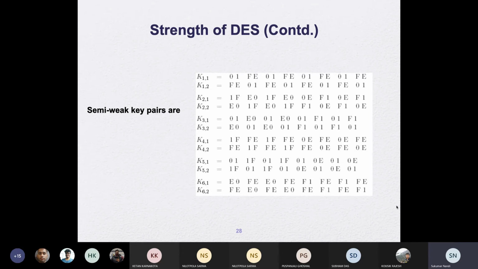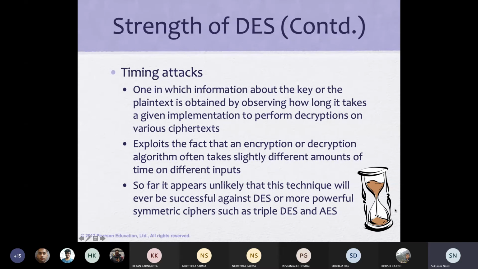But remember, triple DES with 2 keys and triple DES with 3 keys are in use, specifically in India, which is not supposed to be used. It is declared obsolete and no one should use it, but our banking system is using it. Anyone can guess why? It's fine if you cannot guess.